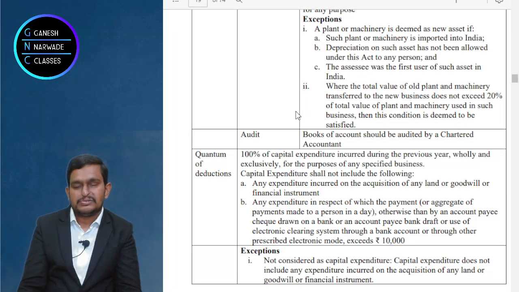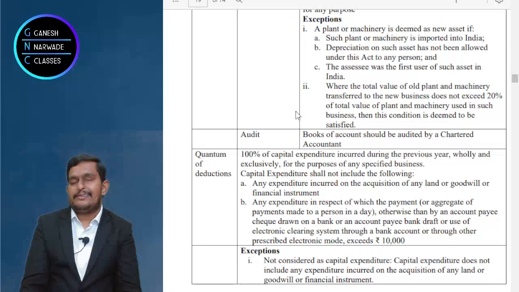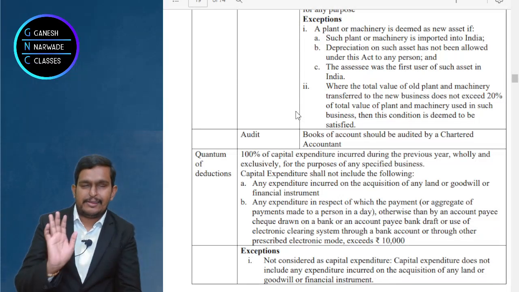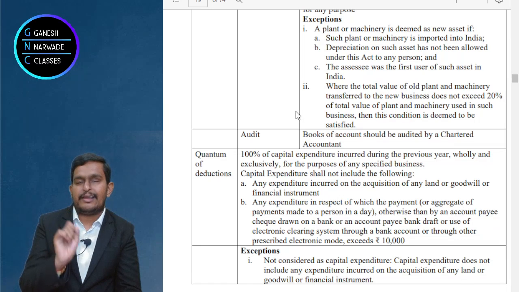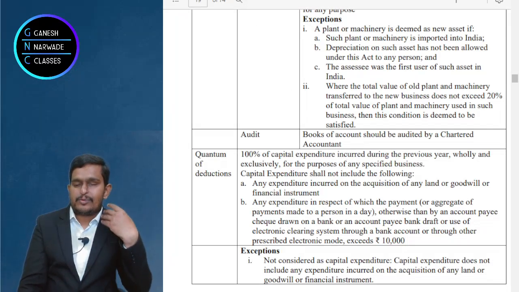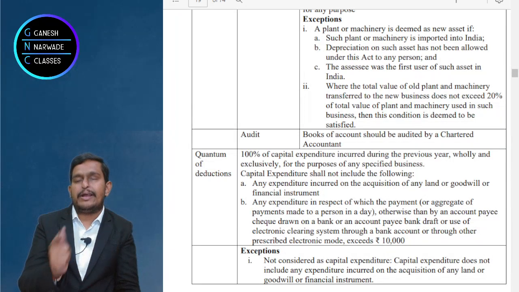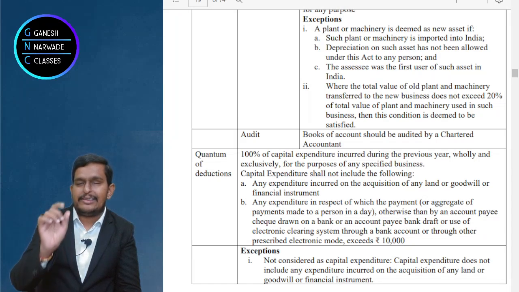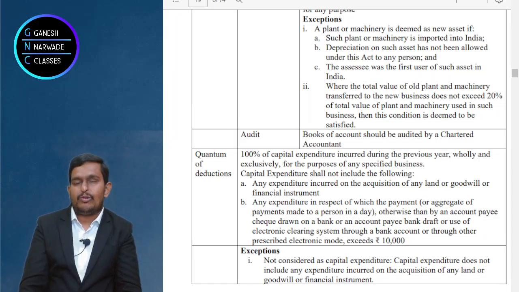Okay. Now let's discuss the deduction. How much deduction? Every business actually gets deduction in the name of depreciation. So you incur capital expenditure, you get deduction in the name of depreciation. That is common for every business. But for claiming deduction, it takes so many years. Under 35 AD, the benefit is 100% deduction of capital expenditure in the first year itself. What I said, 100% deduction in the first year itself.